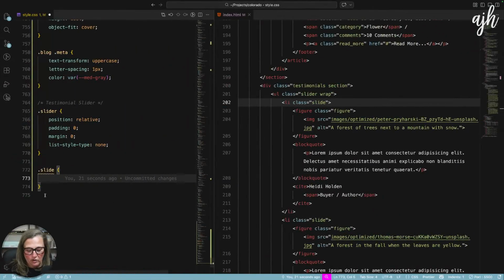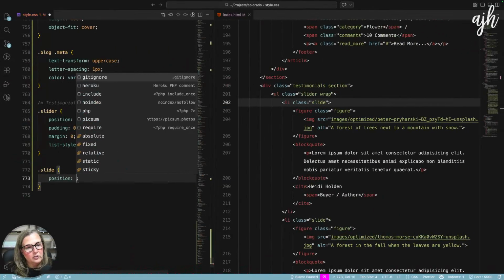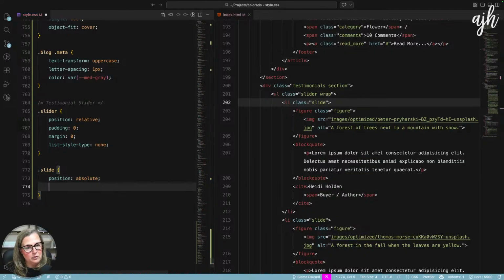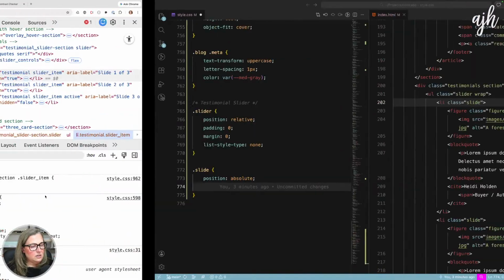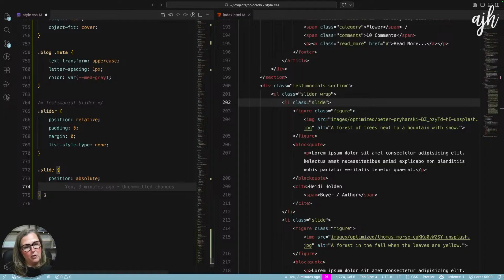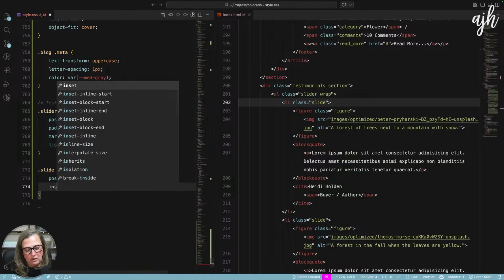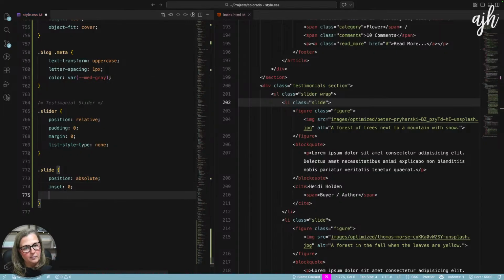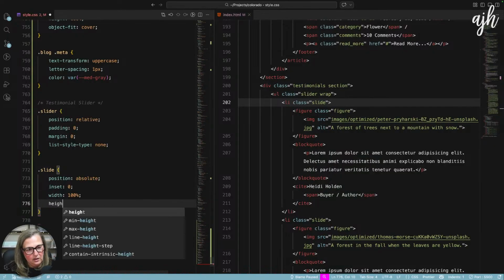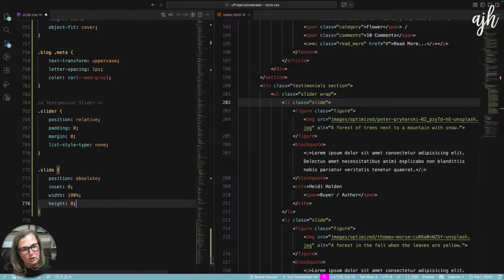That works with position absolute, really? Okay, let's try it. So this would be position absolute, and we are using inset, which is like top, bottom, left, right. It's shorthand. Width 100%, height 0 by default.